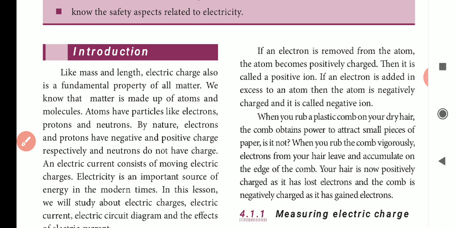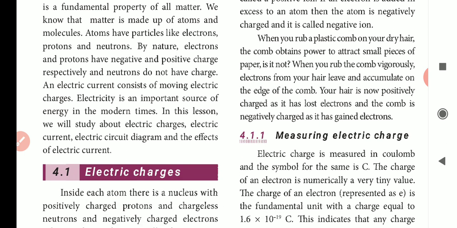When you rub a plastic comb on your dry hair, the comb obtains power to attract small pieces of paper. Is it not? When you rub the comb vigorously, electrons from your hair leave and accumulate on the edge of the comb. Your hair is now positively charged as it has lost electrons, and the comb is negatively charged as it has